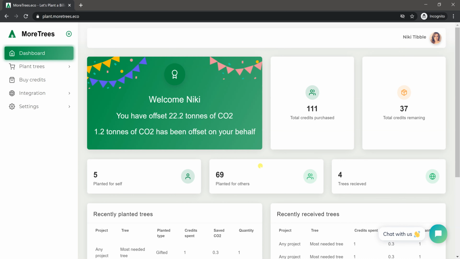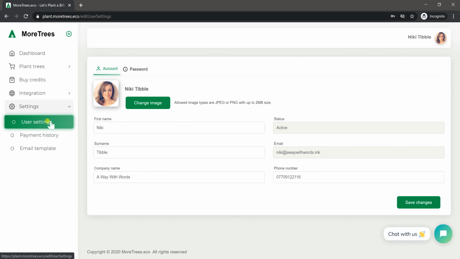So when you log in, the first place you want to head to is the settings section on the left hand side menu. So under here we've got user settings, so you can just jump in here and make sure that everything we hold about you is correct. You can even add your own profile picture, and here is where you would change your password. You've also got under settings your payment history, should you need that for your accounts department,